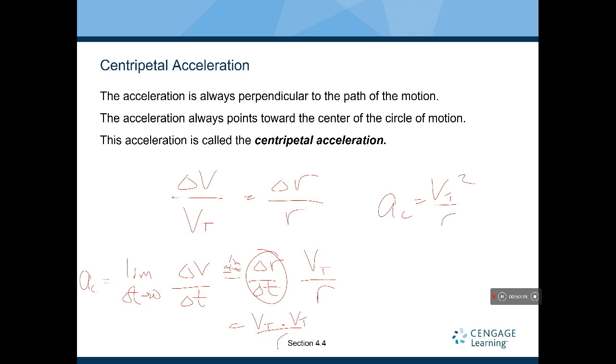Anyway, in other words, when you look at this equation, I should be able to say this. The speed doubles. What effect does that have on acceleration? Quadruples. Correct. The radius doubles. What effect does that have on acceleration? Cuts in half. Do you understand that? I get why you understand that over here. That's basic math. Do you understand why that happens in terms of